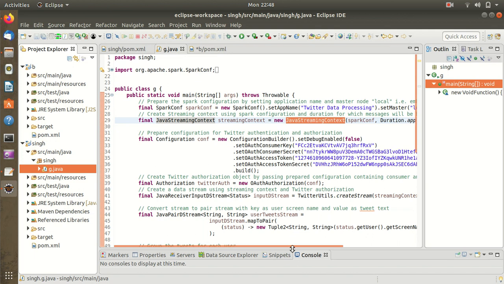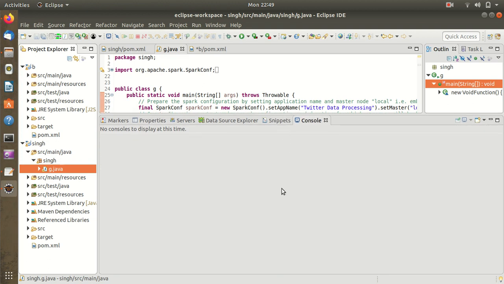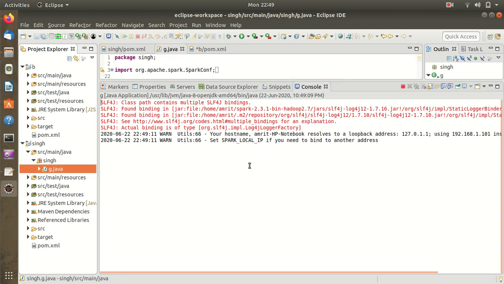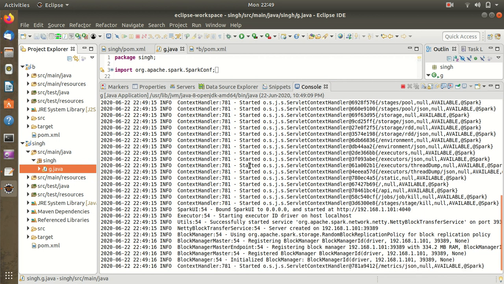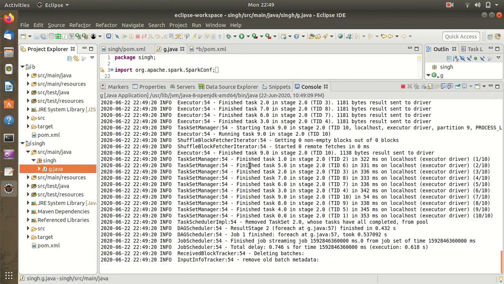So the last step is to now run the code. I'm taking the view upward because I would like you to see what is running here and what is coming as output. Simply click on Run. You will see a lot of things in the background because there's a streaming going on, and a lot of live data will be coming up. Just wait, because it will be sending the data in batches. After 10 seconds, it has started. You will see the results right here.